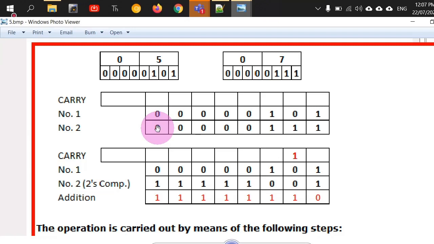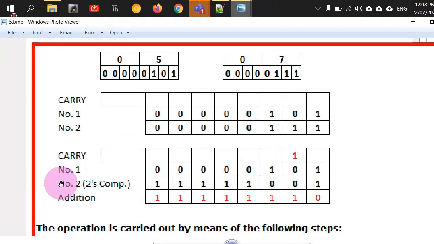Now, what is 1's complement? 1's complement of a number is you just flip every digit, change every 0 to 1 and change every 1 to 0. So here, this will become 1, 1, 1, 1, 1, and this will become all zeros, 3 zeros will be there. But that is 1's complement. You have to further add 1 to it. So it will become 1, 1, 1, 1, 1, then 0, 0, 1. For 1's complement, this could have been 0, but if you add 1 more to it, then it becomes the 2's complement of the number, right?